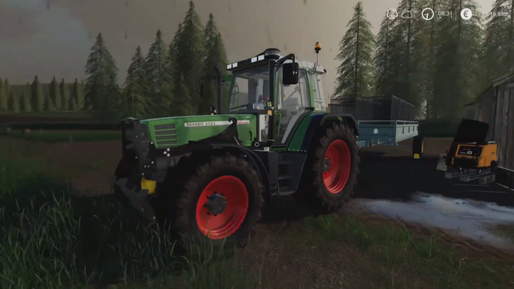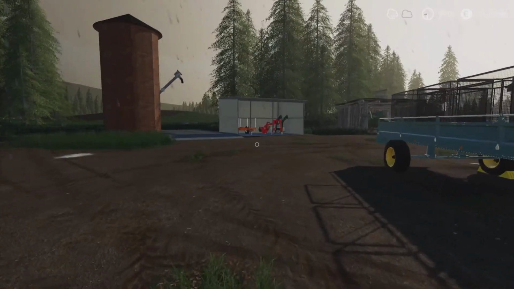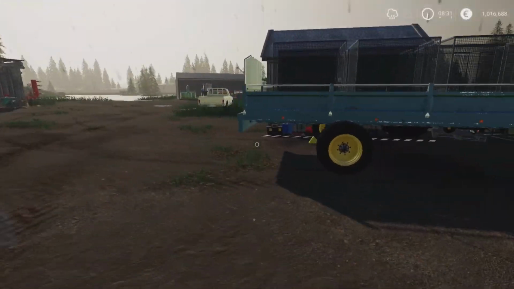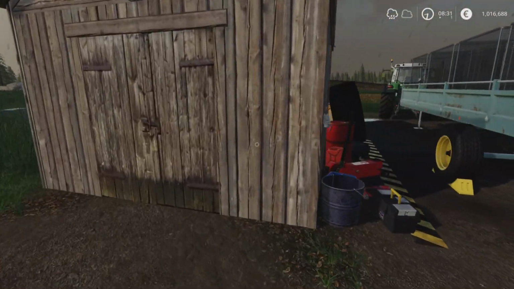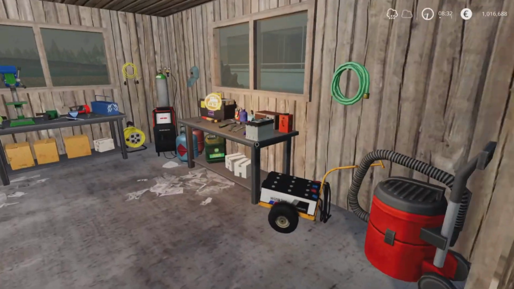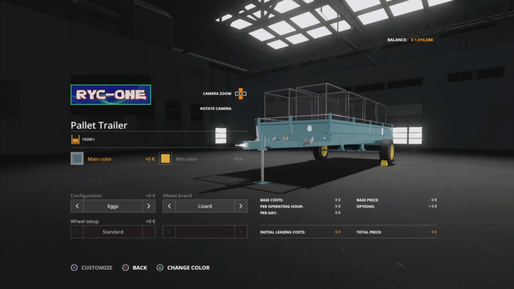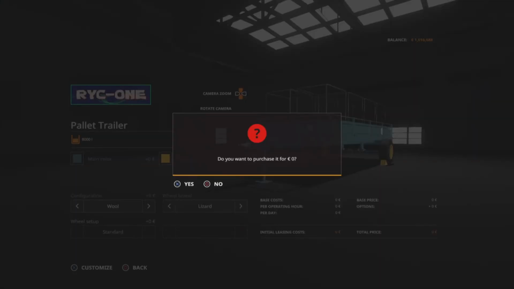Right, the chickens have been cleaned up and I sold the rest of the eggs. We've already got some more eggs over there. They come through quite quick. I've got just under €16,000 for those last few. I'm just going to convert this trailer into the wool one, like so,